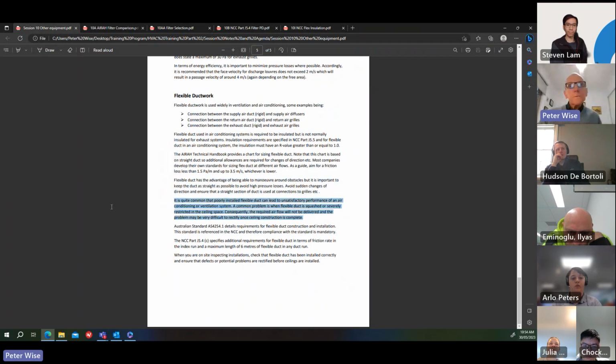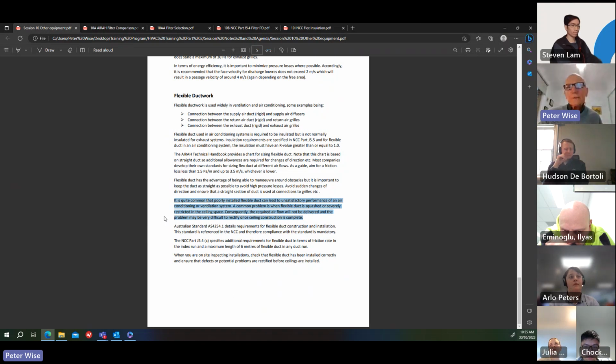It's quite common that poorly installed flexible duct can lead to unsatisfactory performance of an air conditioning or ventilation system. A common problem is when flexible duct is squashed or severely restricted in the ceiling space. This happens a lot. Consequently, the required airflow will not be delivered, and the problem may be very difficult to rectify once the ceiling construction is completed. So when you're on site, beware of this, have a look at